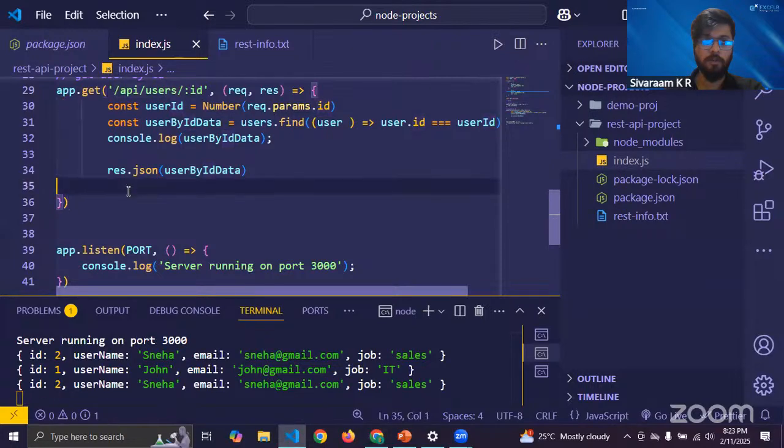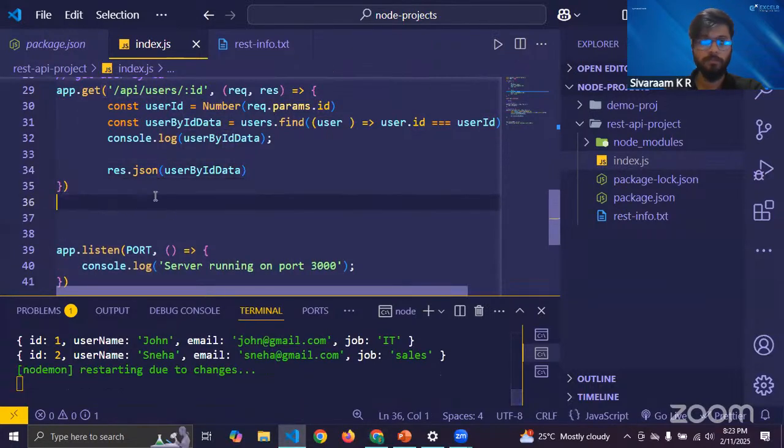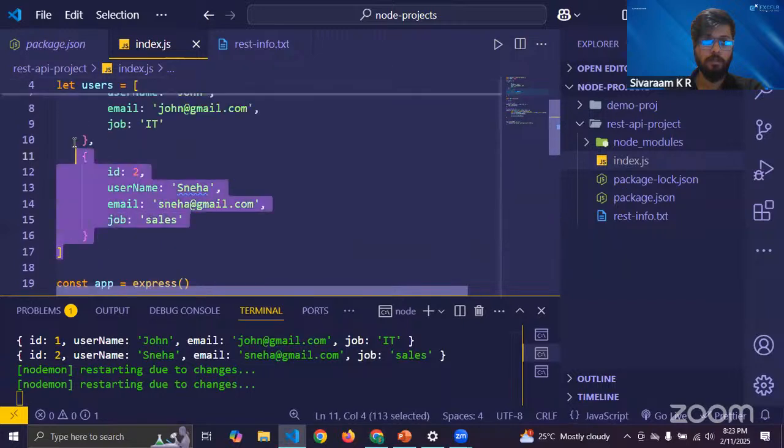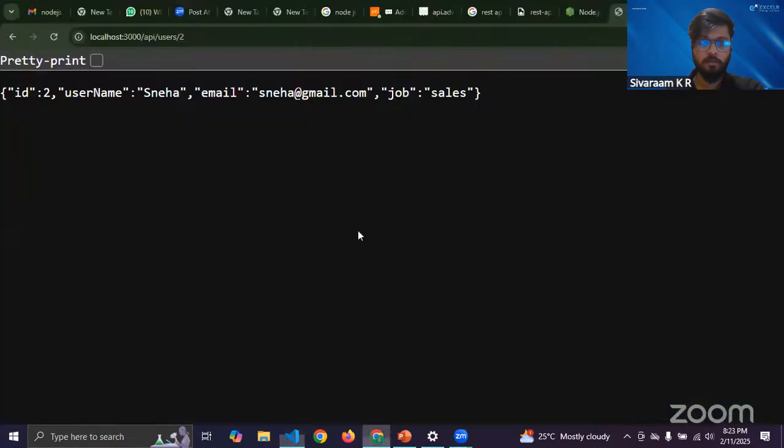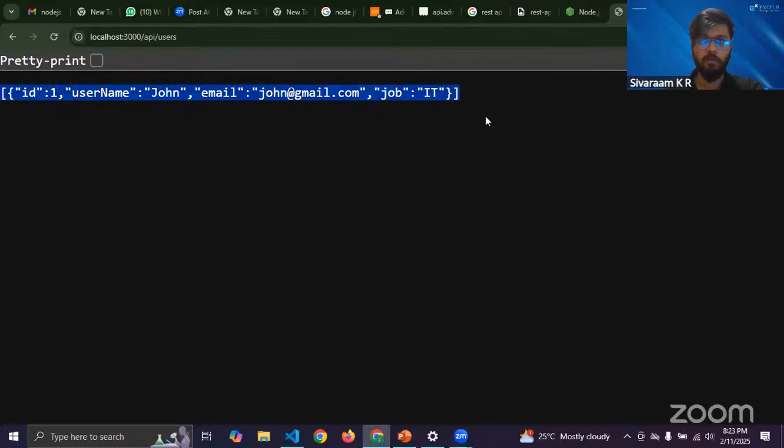Now say for example, if I want to create a new user. What I'll do is remove this user and just keep one user called John. I'm getting only one user. Say for example, I want to add a user. I cannot do that in the browser, because if you want to send any form of data, you need to have some kind of UI or application. So for that,